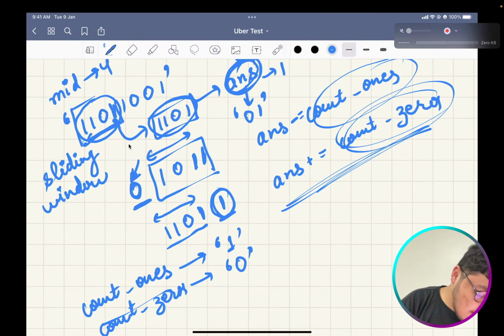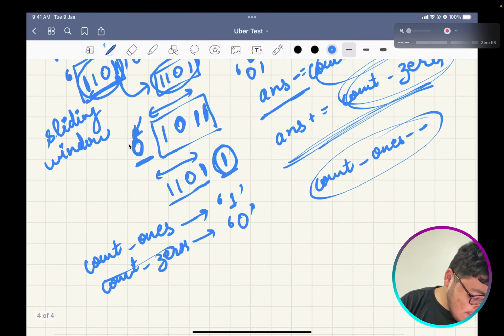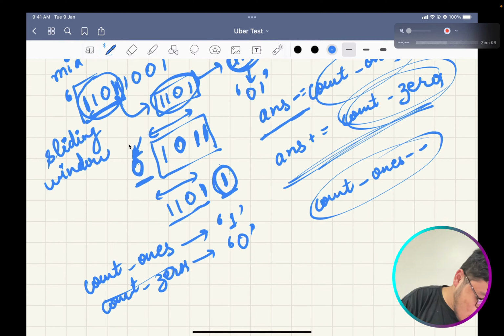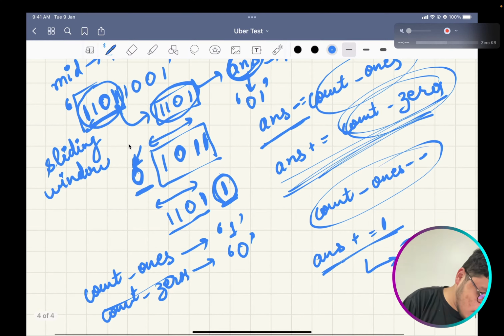So now when you calculate your answer for this particular substring, 1101, the answer would be 1. And now you will check whether my previous character was 0 or 1. It was 1, so I won't be doing anything, I'll only be decrementing my count of ones. And here my next character was 1, so I'll increment my answer with the count of zeros, which was 1, so I'll increase it by 1. So now my number of 0 1 subsequences would be 2. As you can see in this particular string, there are 2.